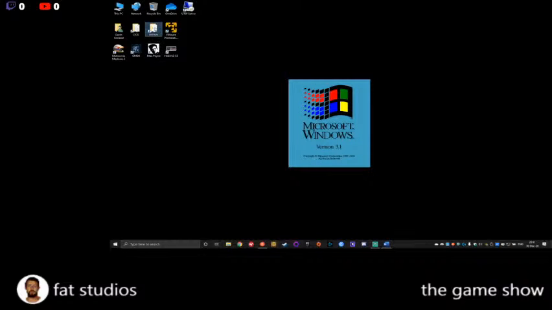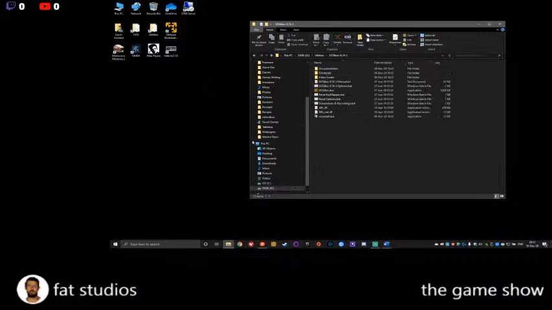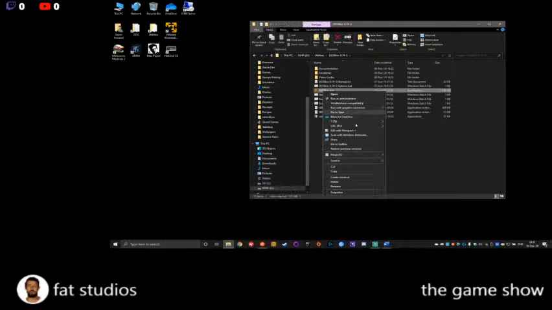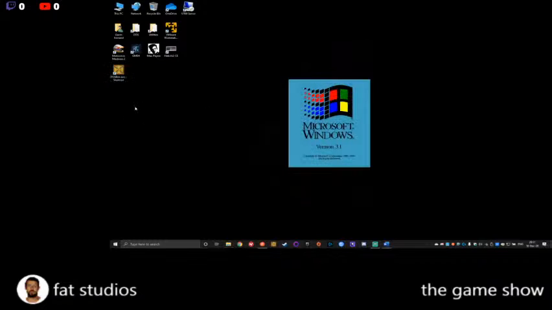But once it's installed, it will sit in a folder. There's mine, DOSBox with the version, and there it is. And you might also have a shortcut on your desktop. If you don't, just go send to desktop, and you've got a shortcut there. Now, there's a few things that you need to do first. Now, I've got mine all configured,